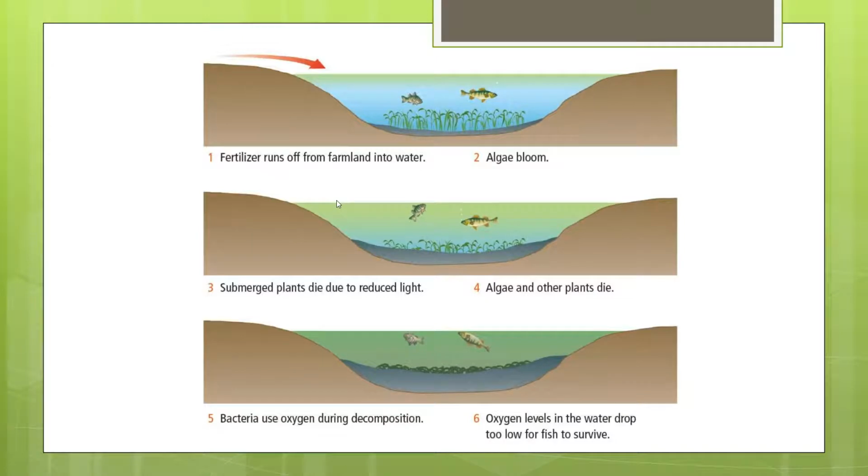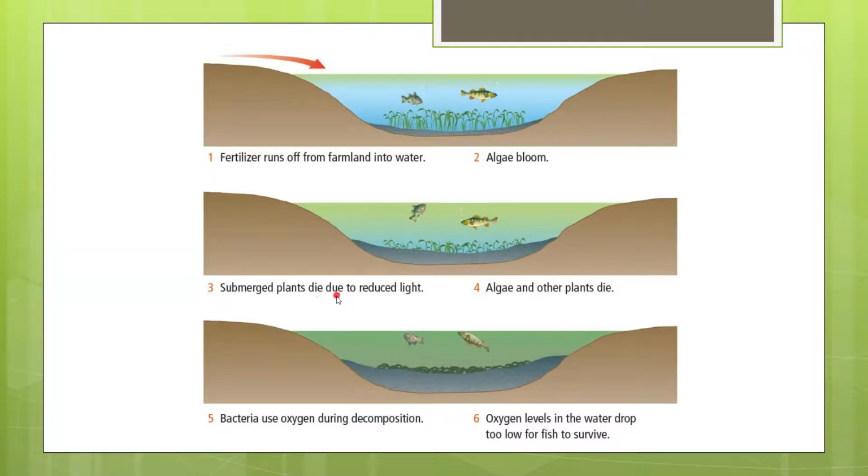So here's a little picture here. We've got runoff, right? A fertilizer runoff from farmland into the water. That's just one way that it happens, right? And that causes something. So that's number one. Okay, and that causes something called an algal bloom. So you can see that green stuff at the top of the water. Okay. Number three,